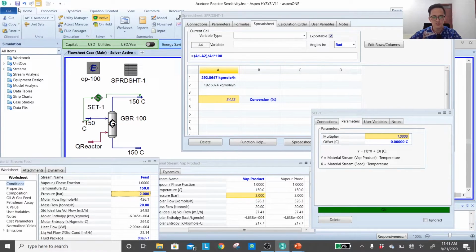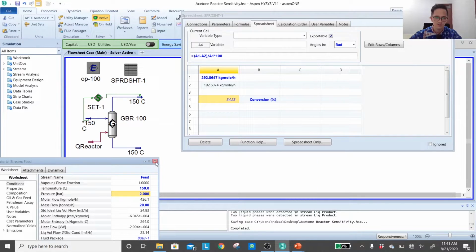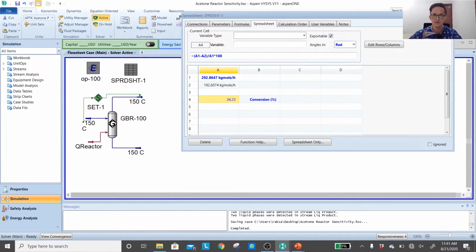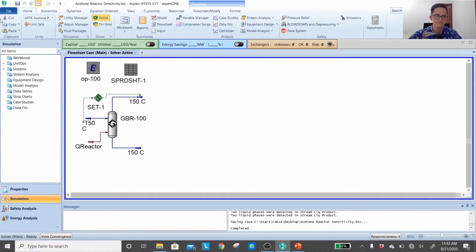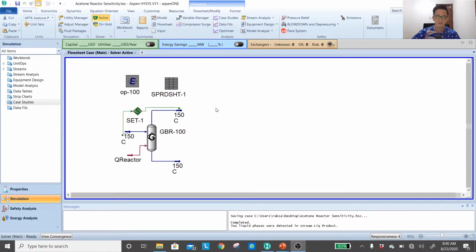Okay, but you think that this is still too manual. I don't like to change it manually. I don't like to observe the numbers one at a time. I want to look at every possible number, every consequence to the conversion of the reactor. Okay, that's very easy to do. So we'll close everything here now because the fluid is almost ready. Okay, the setup is now ready for us going into the case study.